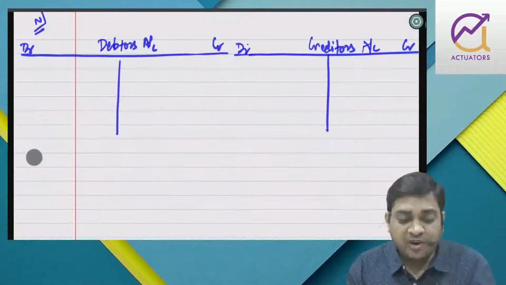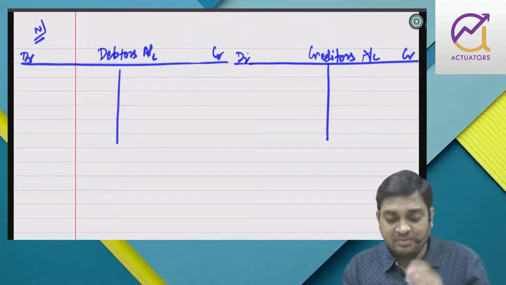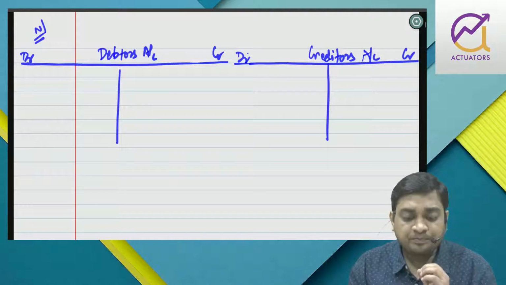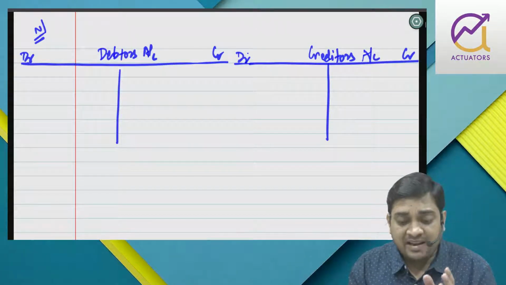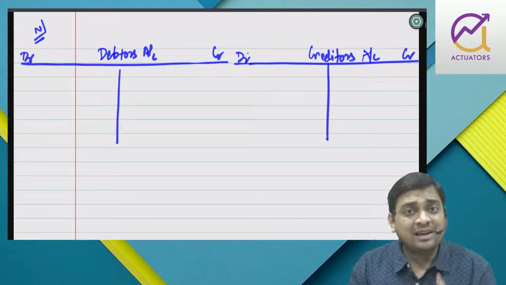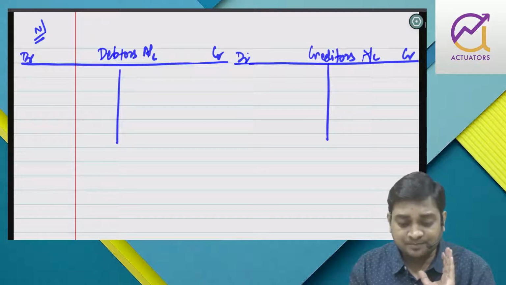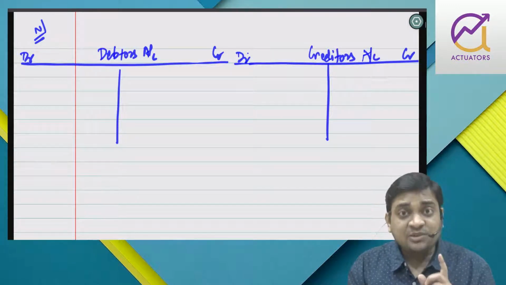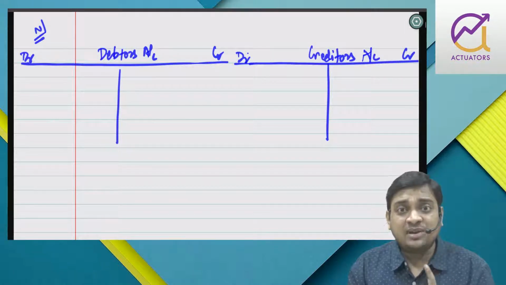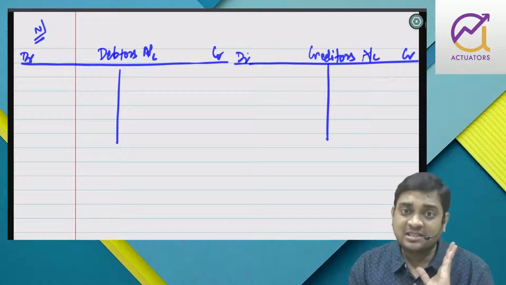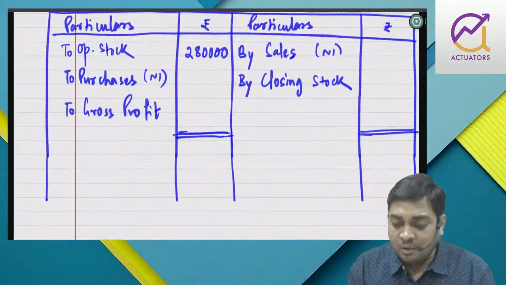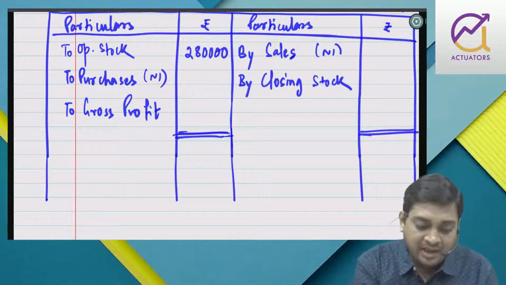So in order to find out the credit sale and credit purchase, I have to prepare debtor and creditor. Right? Now, if you prepare debtor and creditor, you will come to know the credit sale and the credit purchase. Further, they are telling you that the cash account's balancing figure can be your cash sales. Because when you put up in trading account, you have to take